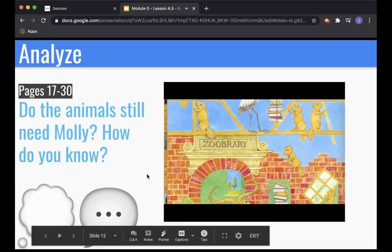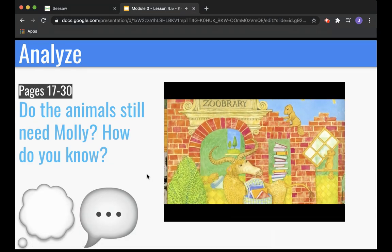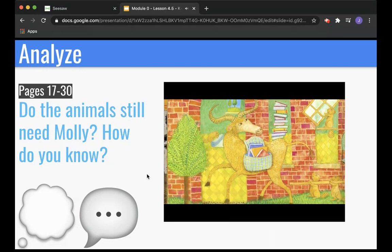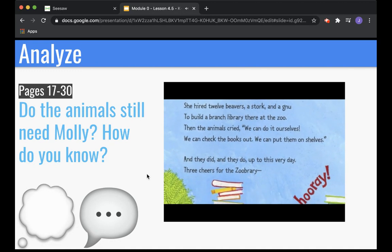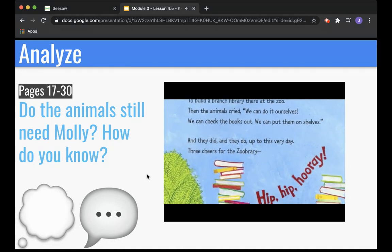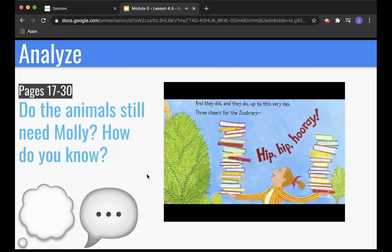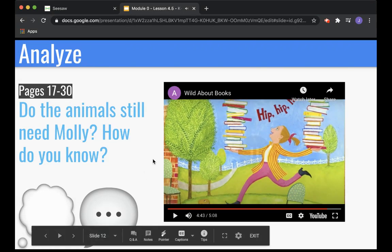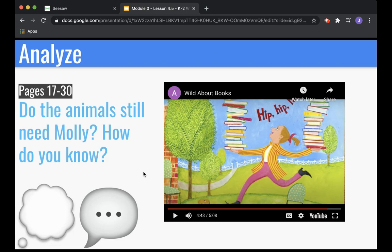anymore? Molly knew what to do. She hired 12 beavers, a stork, and a gnu to Do I build a see in the branch library pictures the right there at animals the are building zoo. their own Then the library? animals cried, "We can do it ourselves! Oh, the We can words check told the me they books said they out. can do it We can put themselves. them on shelves." And they did, and they do, up to this very day. 3 cheers for the zoobrary. Hip hip, hooray! What did the pictures and the words tell you and show you that makes you know that